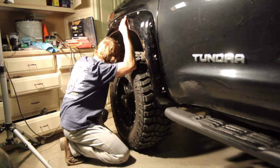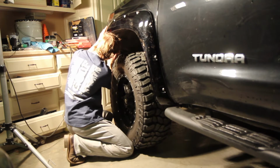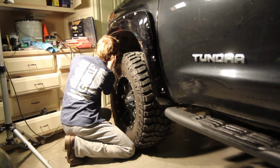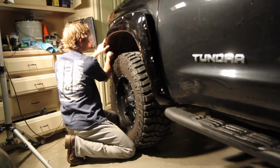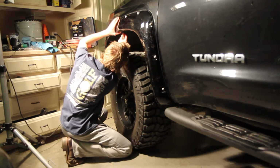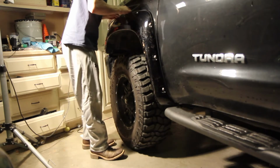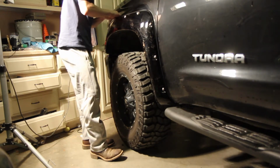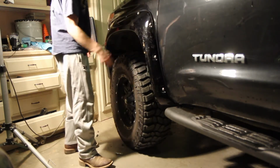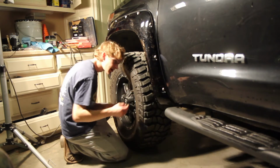I'm gonna go opposite sides just so I kind of have. This little seal is coming off a little bit, so I just gotta pop that back in place. So that little bit of protection it does, it can actually still do. But you know, personally, I've always kind of preferred the